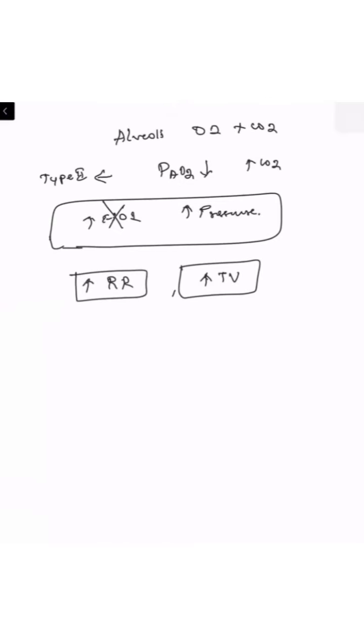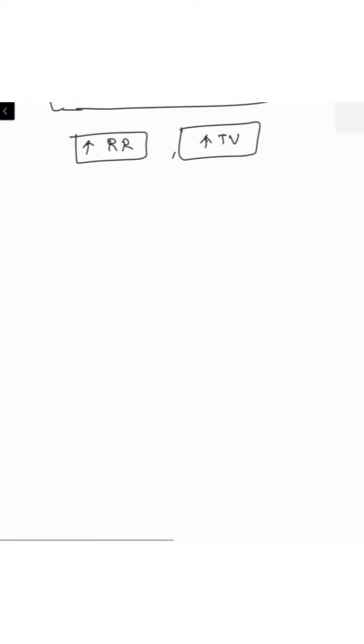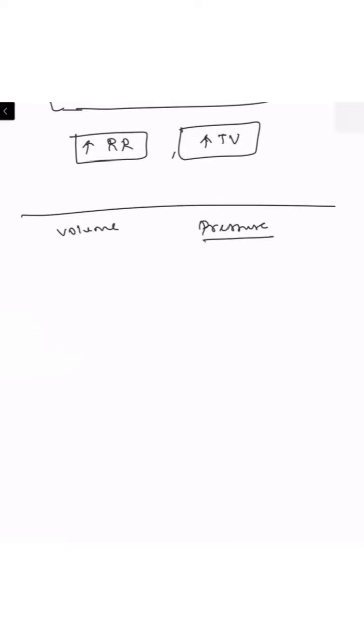So this is the basic mechanism behind the compliance. So normally we have discussed the normal lung volumes. Then we will discuss the normal lung pressures. So what is the connection between the pressure and volume inside the lung? So this is explained by the normal compliance curve. Normally, this is volume and this is pressure.